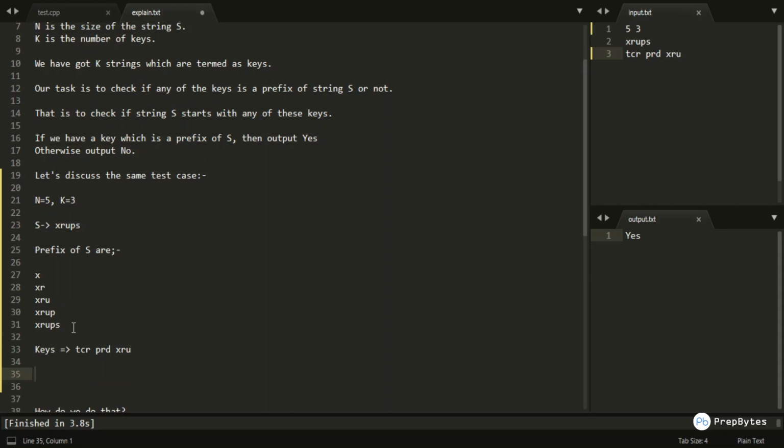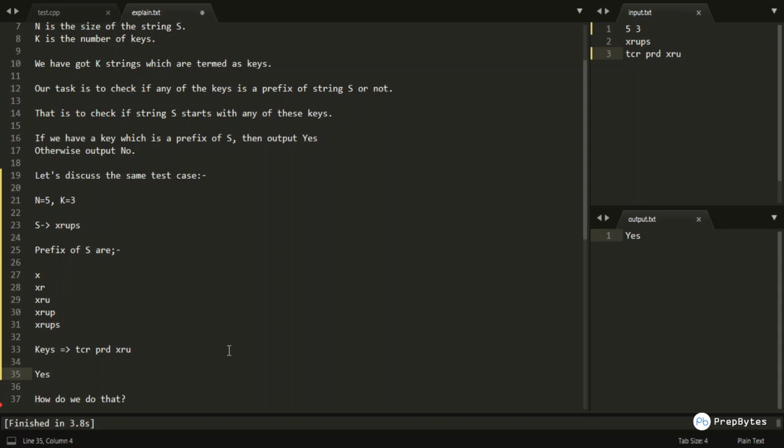Now that we have this xru in my keys, and xru is also a prefix of s, obviously the result would be yes, because there is some key present which is a prefix of s, and that's what we wanted. So the output for this sample test case would be yes.